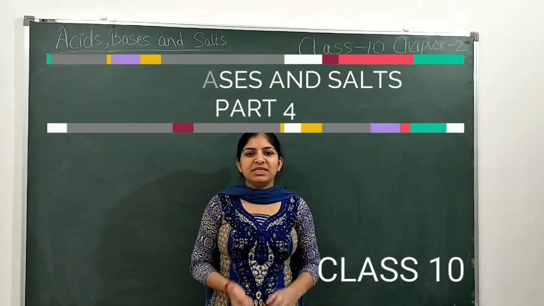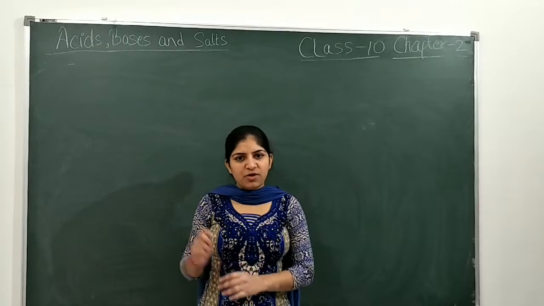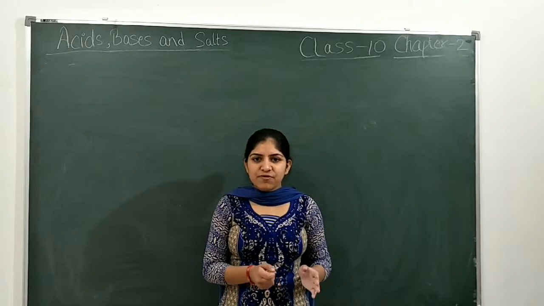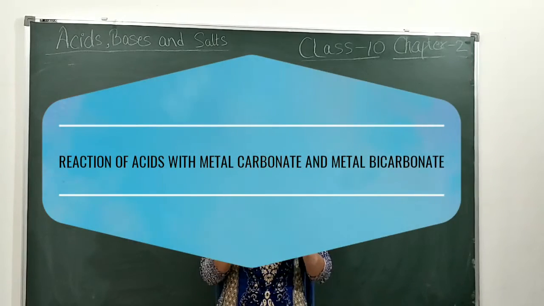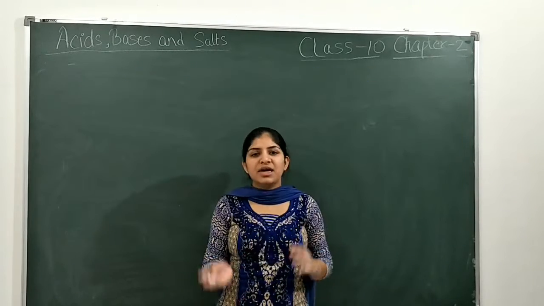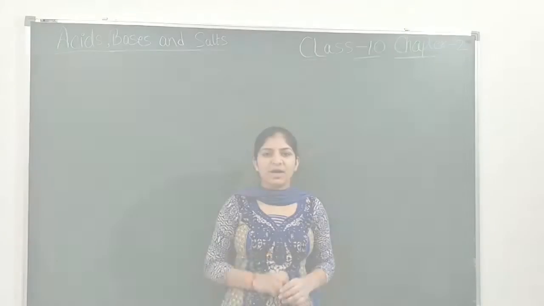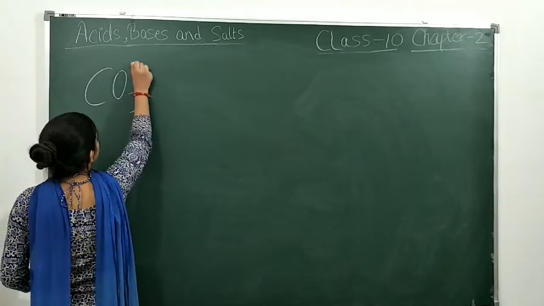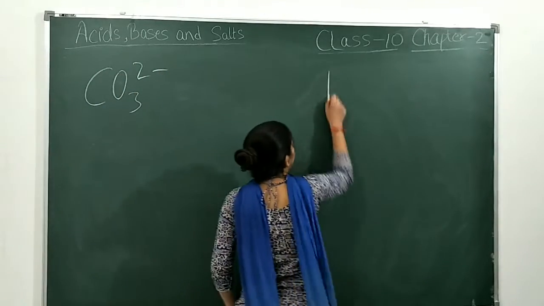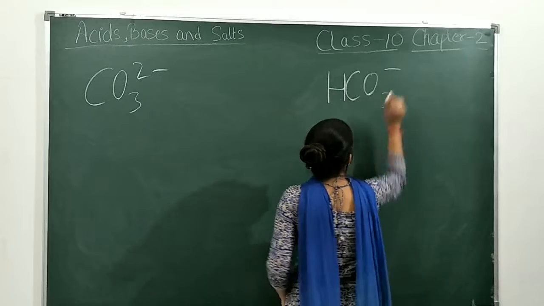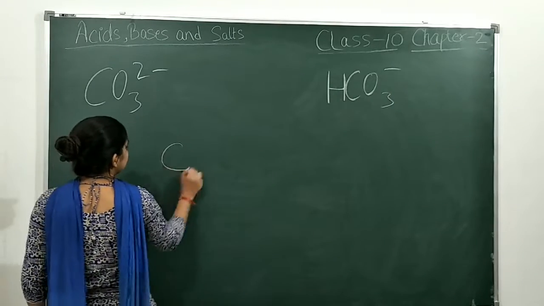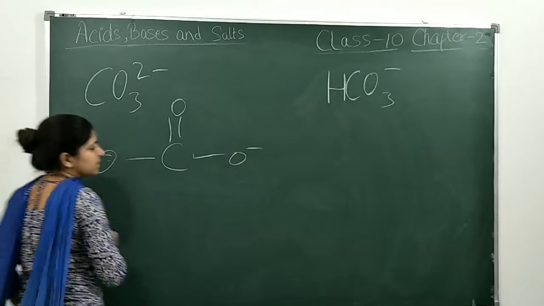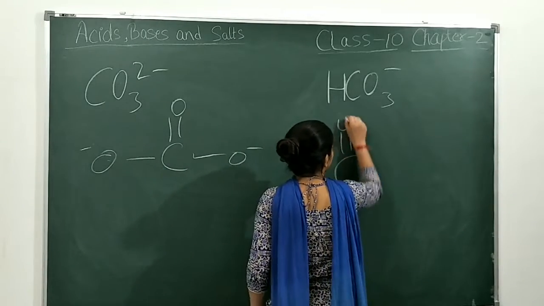Today we are going to start the second property of chemical properties of acids and bases. So the second property is reaction of acid with metal carbonate and metal hydrogen carbonate, and it is also known as metal bicarbonate. Let us discuss the carbonate and hydrogen carbonate. CO3 2 minus is carbonate and HCO3 minus is hydrogen carbonate, and the structure of carbonate is like this, and hydrogen carbonate is